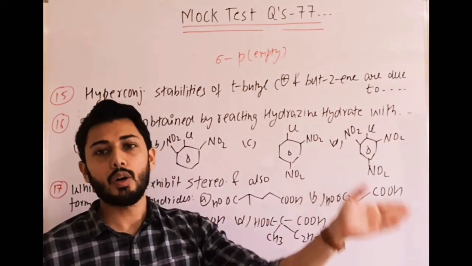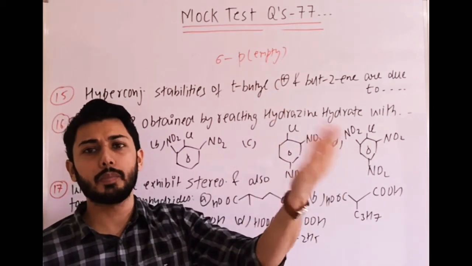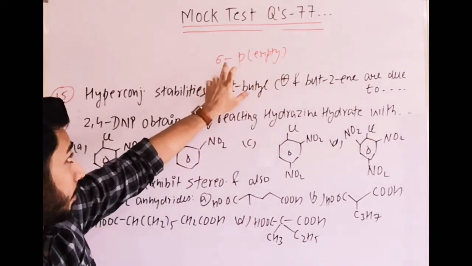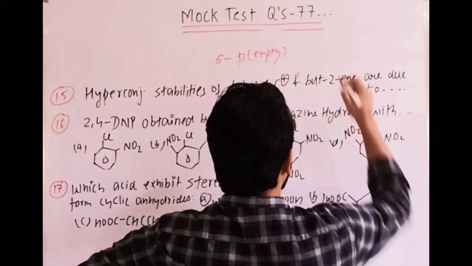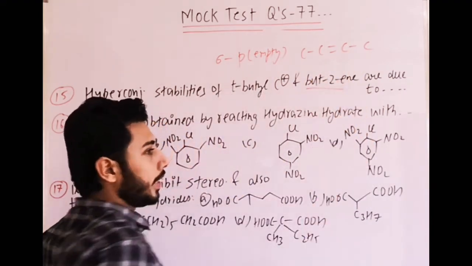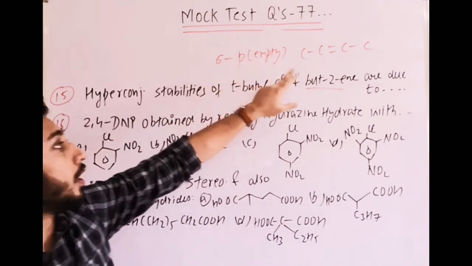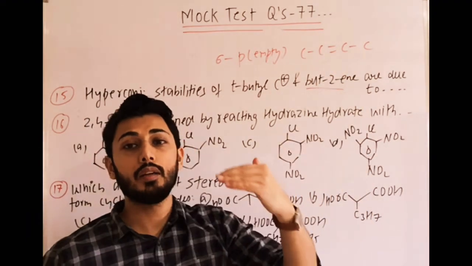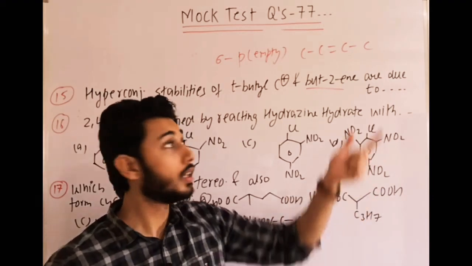The electrons of the CH bond of carbon and hydrogen participate in delocalization with the empty orbitals. Select the option where it gives sigma and vacant p orbitals. For butene, the problem is that by option you will find it difficult. That's why I am saying that when you eliminate options, eliminate by sigma and vacant p orbitals. In this case p orbitals are not vacant. Then what happens? Sigma and p orbitals, which are anti-bonding, or we say pi star anti-bonding orbitals, participate.